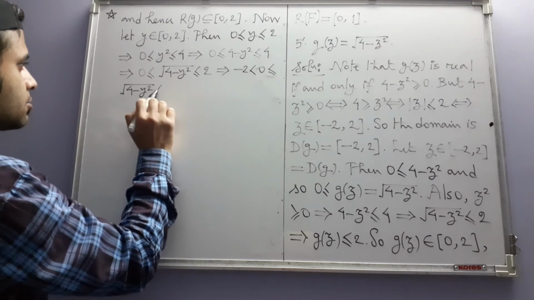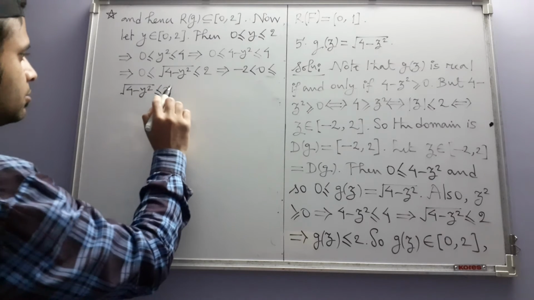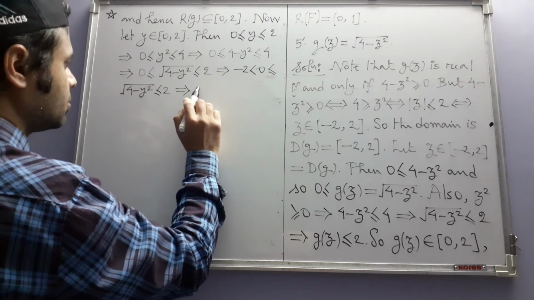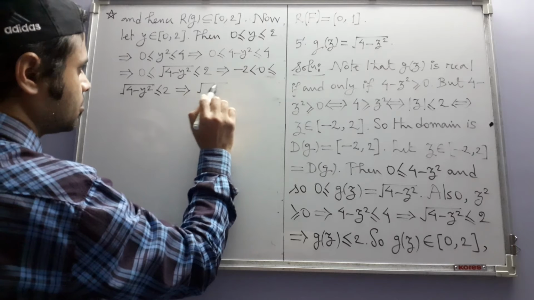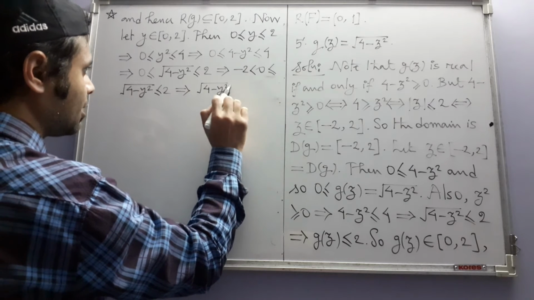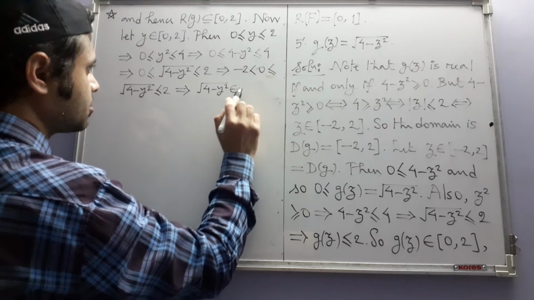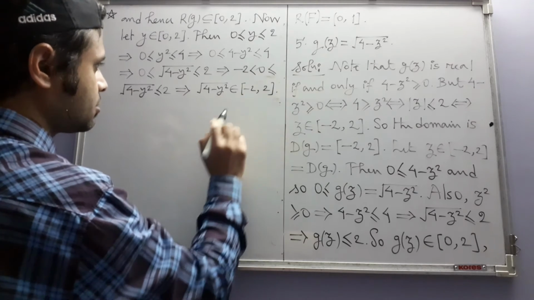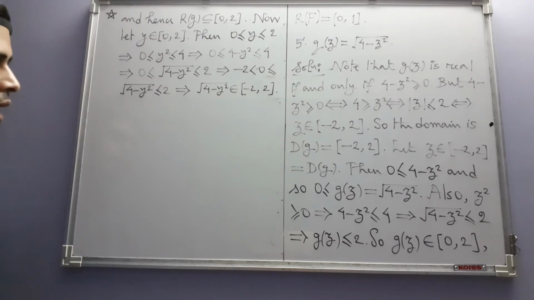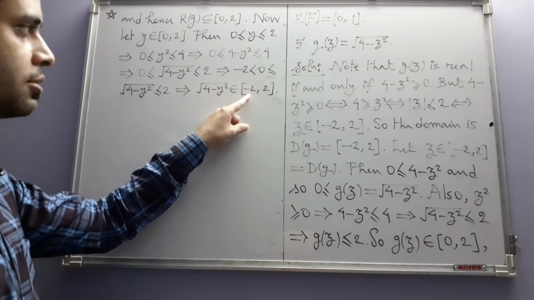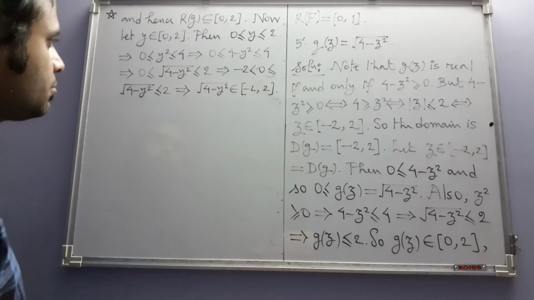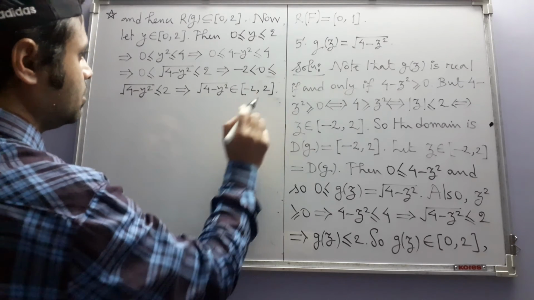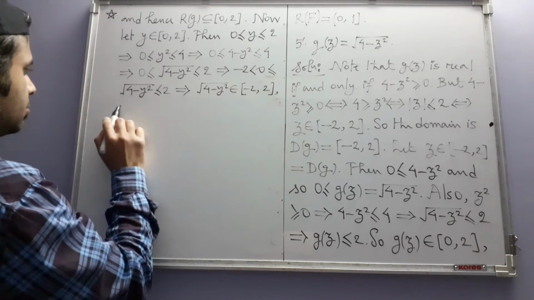And this implies that, yes, now we can say that this belongs to the closed interval minus 2 comma 2. Actually this will never be equal to minus 2, but that is not a problem. It is a real number here,